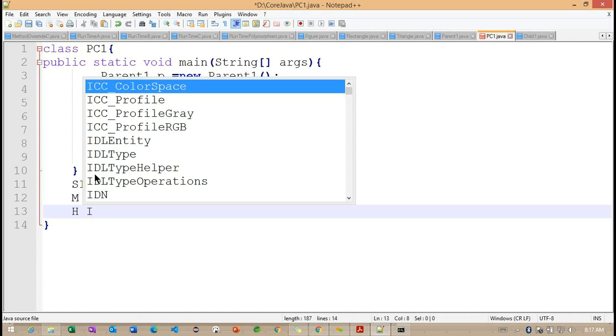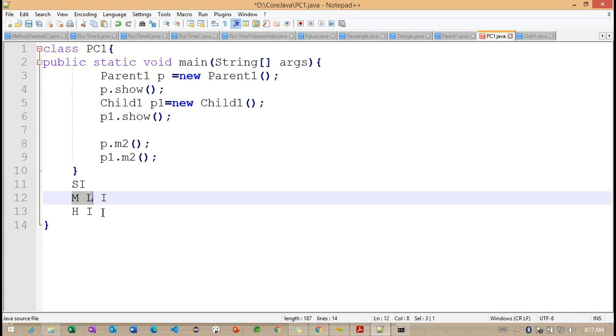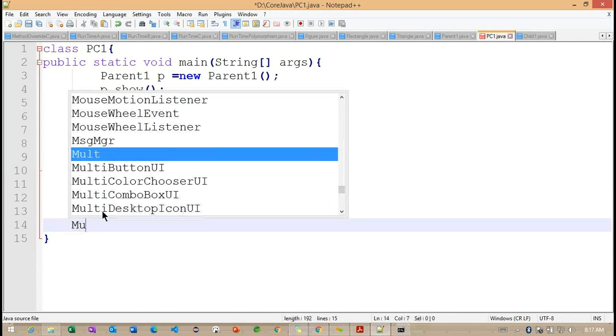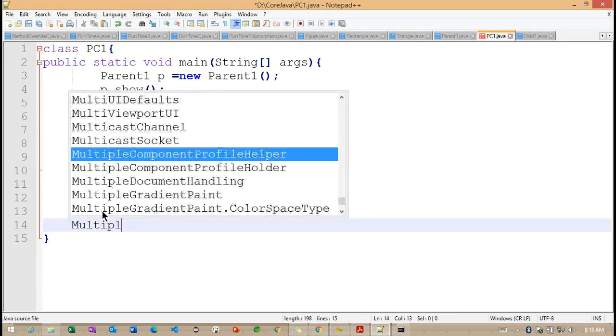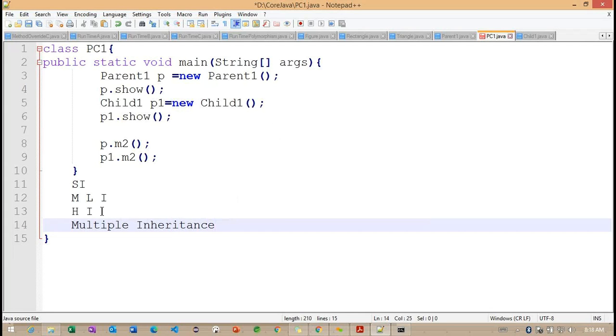Right. Now we are going to discuss one more here, multiple inheritance. So observe carefully. This is the multi-level inheritance here. Now we are going to discuss multiple inheritance. Getting the point. So this is the fourth one we are discussing here.